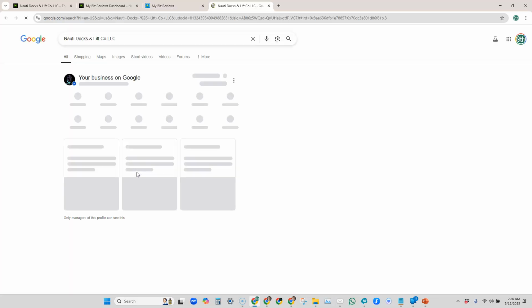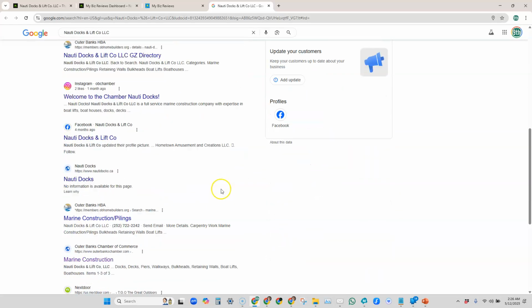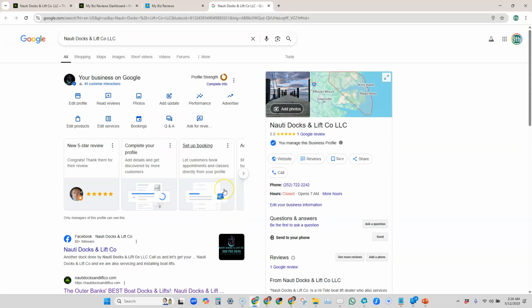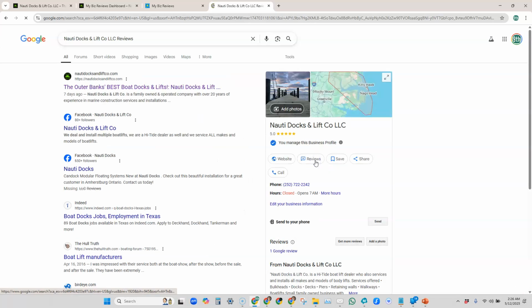Say they click on Google. It's going to automatically not only take them to Google, but it's going to open right up. If we give it a second, it should open up the deep link. All right, well, it's making me look bad here. I think it's because it's recording. That's why Google's not letting it do that. But it takes them right to Google where they can then just click on reviews. The fact that I'm recording is stopping Google, but if it wasn't for that, we would get the pop-up right from Google.